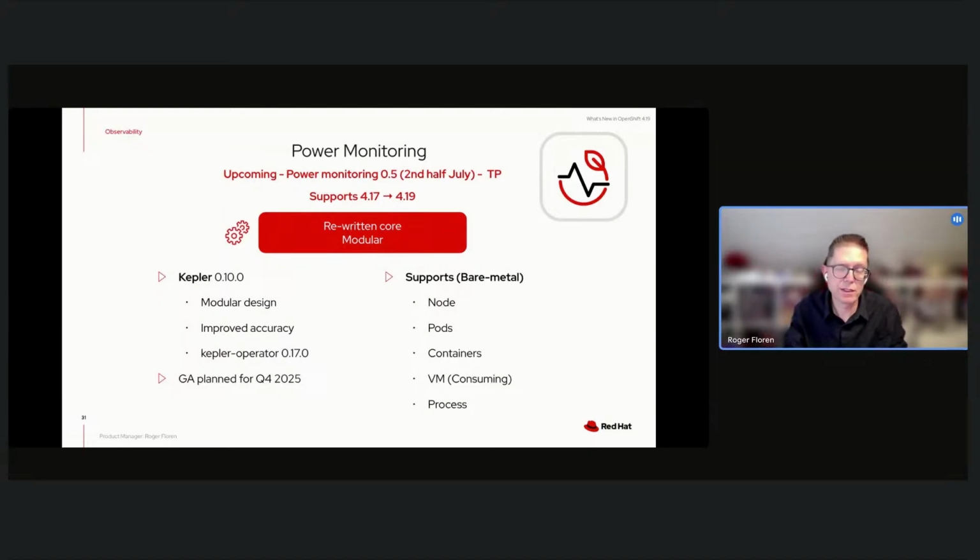The power monitoring, especially on the upstream side for the Kepler project, has been rewritten, the whole core. The decision was made to redesign it to enable more flexibility and modularity, because we wanted a more modular architecture. So we have broken up the Kepler monolith and turned it into components. This makes the integration to OpenShift in the future much clearer, and all the future enhancements will go